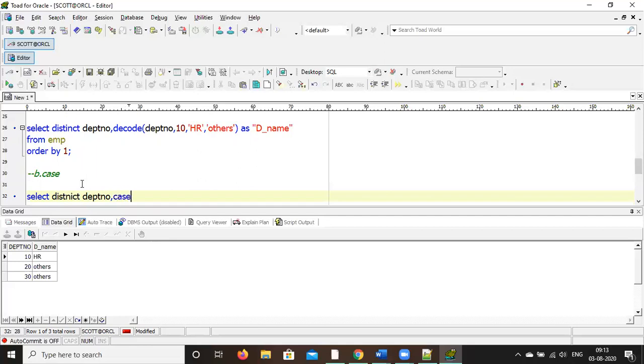CASE, space, WHEN department number equal to 10, DPTNO equal to 10, THEN within single quote HR.